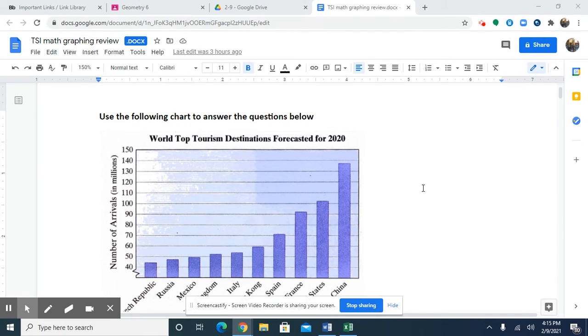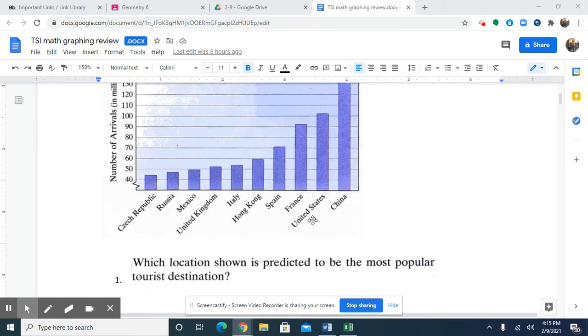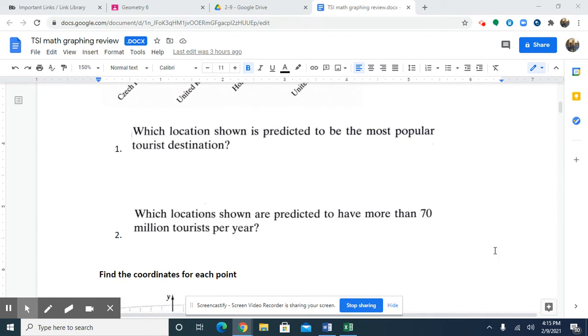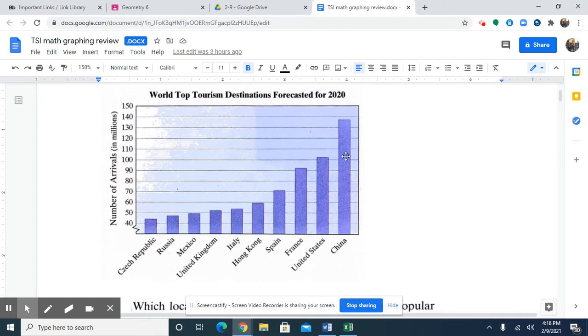All right, so looking at this, we were going to use this chart to answer the following questions. It says, which location shown is predicted to be the most popular tourist destination? And which locations shown are predicted to have more than 70 million tourists per year? So of course, if you just want to check this out, which location is predicted to be the most popular,